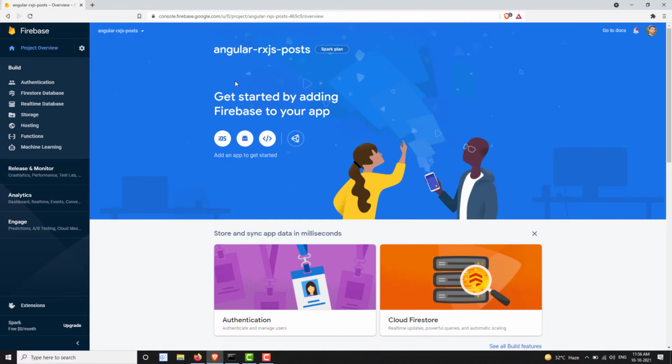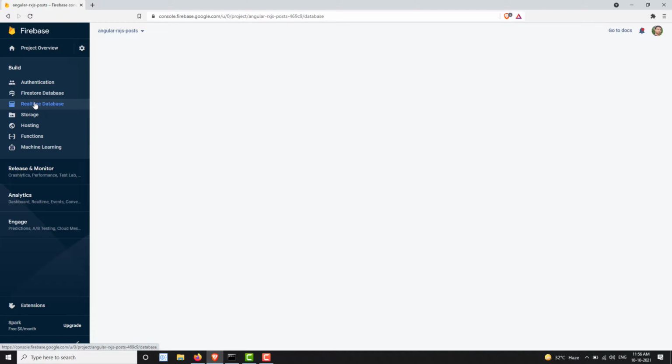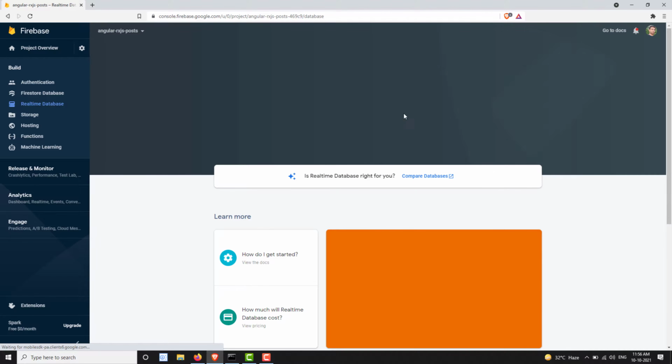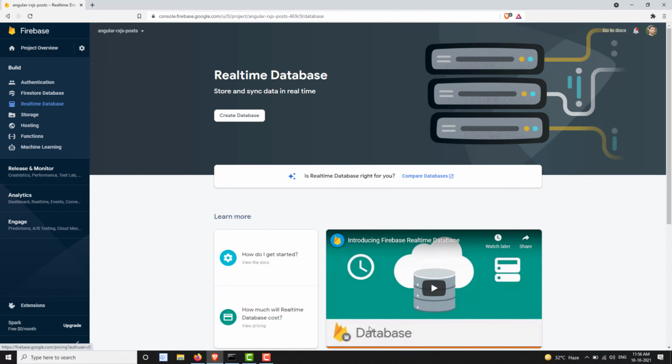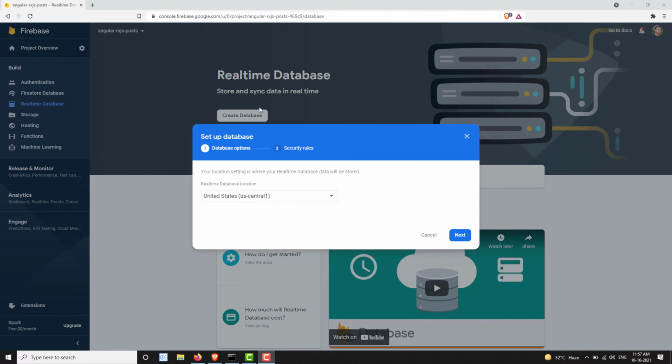Right now we will target only the real-time database. Why? Because I want a database that I can connect to and get the details from right in Angular. So let's create a database here. It will ask for the location where I want to create the database; let's keep it United States.